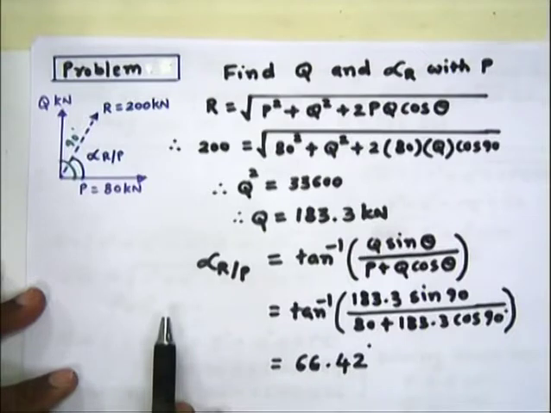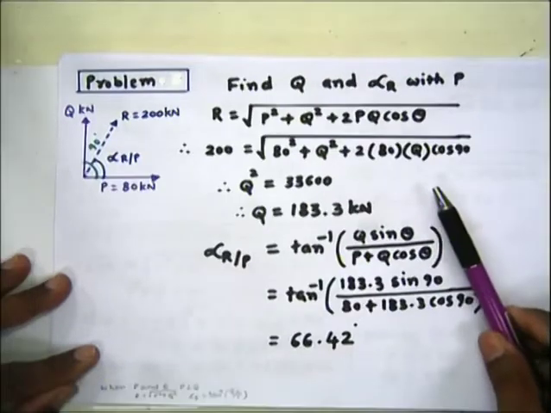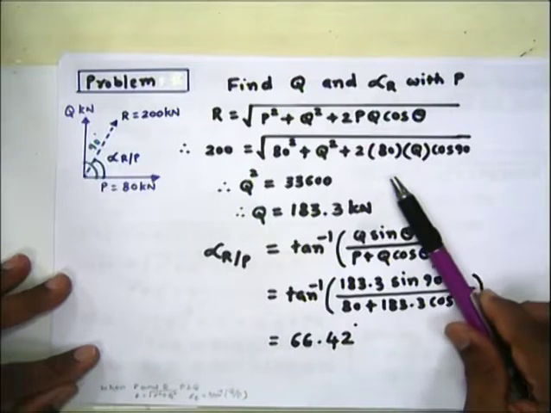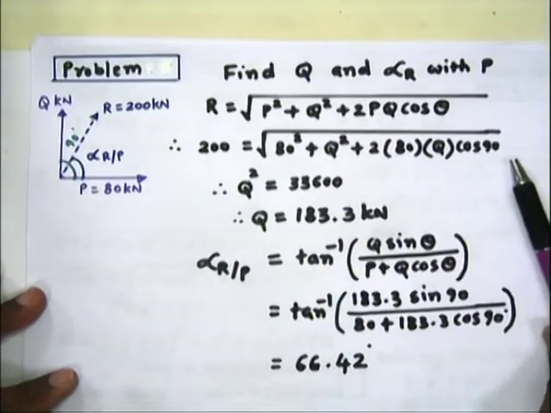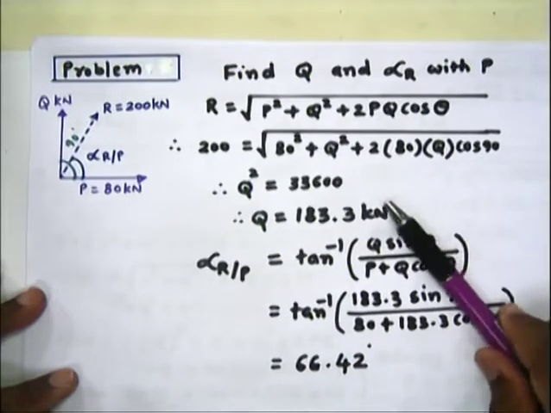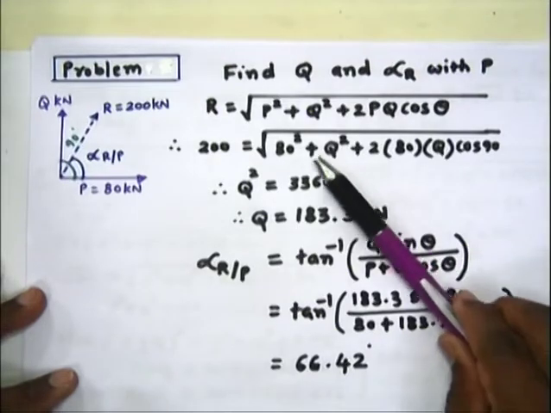So this term will be equal to 0 because cos 90 is equal to 0. So what remains? Root of